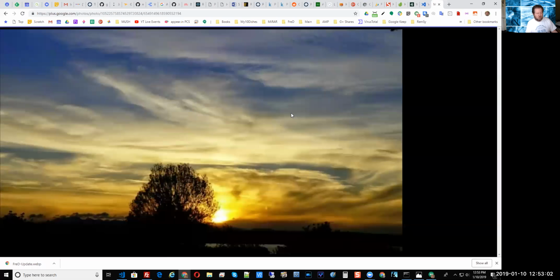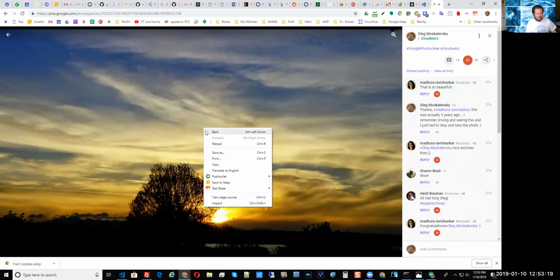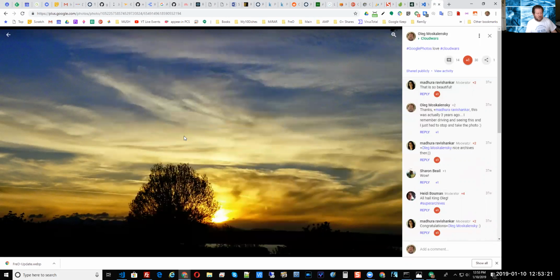So you click on the photo, it opens it up, right? And at this point, if you're sitting in the wrong Google account, you wouldn't be able to simply move it somewhere or do something. You have to download it and then re-upload it to the other place, which is a bit of a hassle. Here, all I have to do is take the photo and I can,